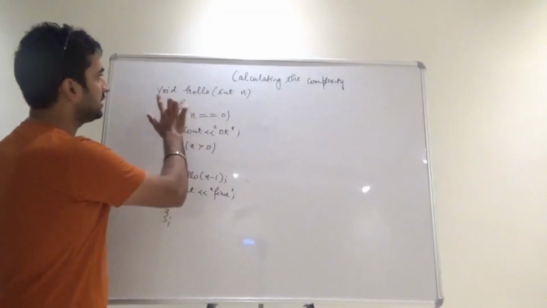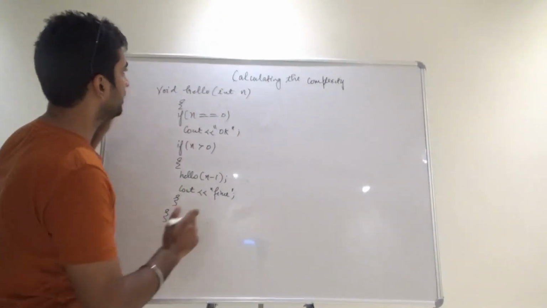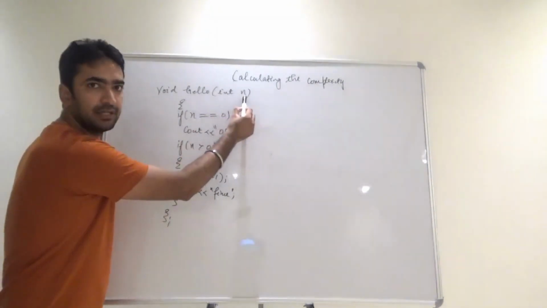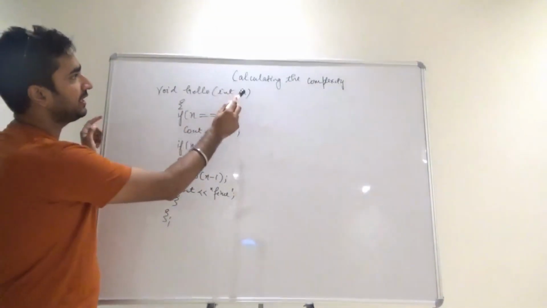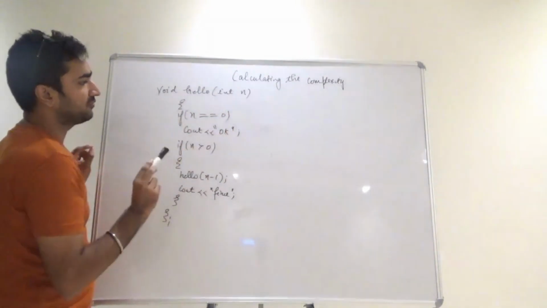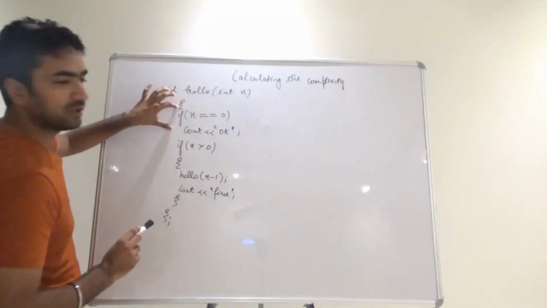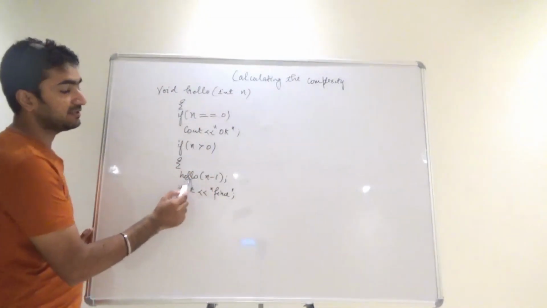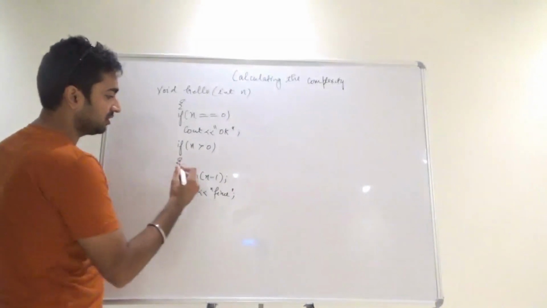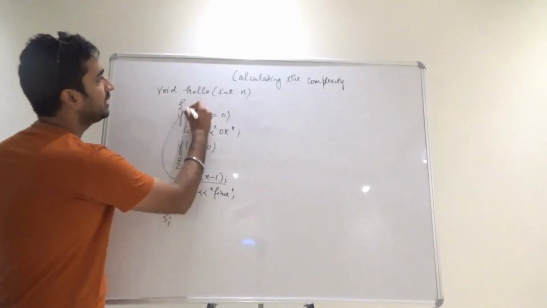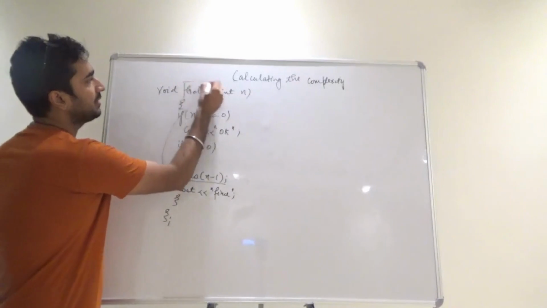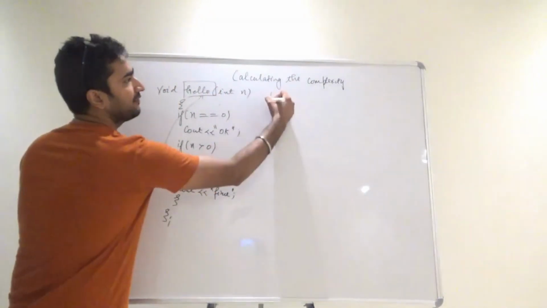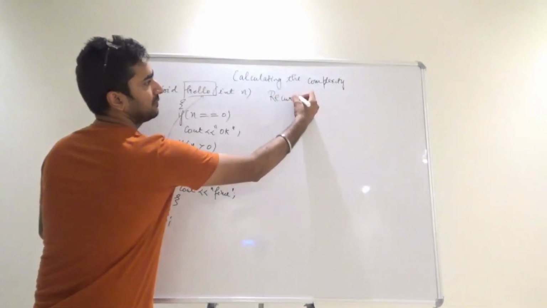Now as you can see in this particular code, we have a function named hello, and an int n is given over here. If n is equal to 0, we have cout OK. Then there is a condition with n: if it is greater than 0, there is a function call which is a call within itself only. So over here you can see the function name hello, and then there is hello over here. It means we are dealing with recursion.